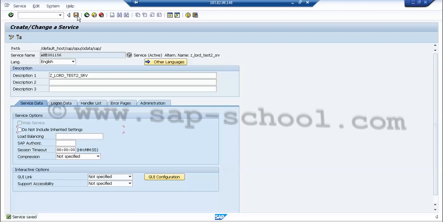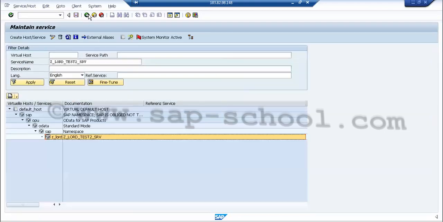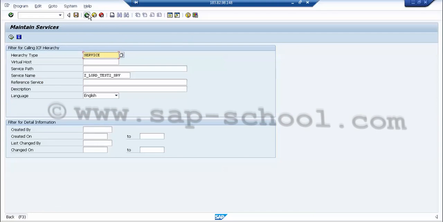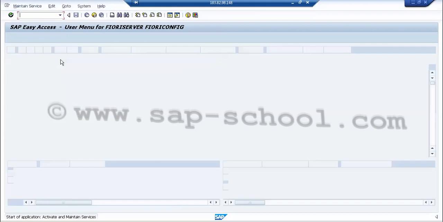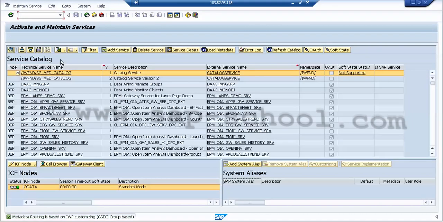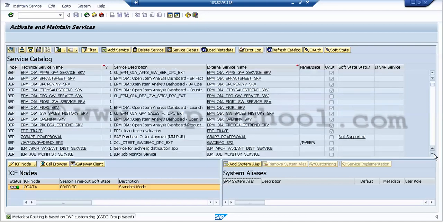Then at last we have to test our OData service. So for this, what we will do, we have to go to the maintain service transaction, and first of all we will run the service which was the earlier one, that is my load my quotation service. So I'll just go to that service.